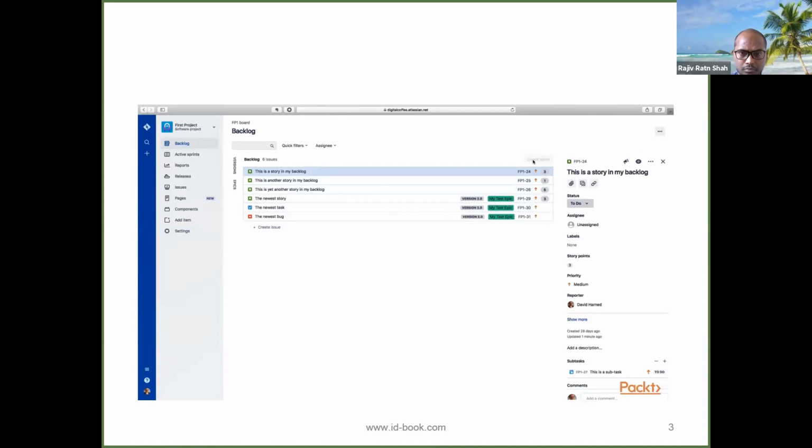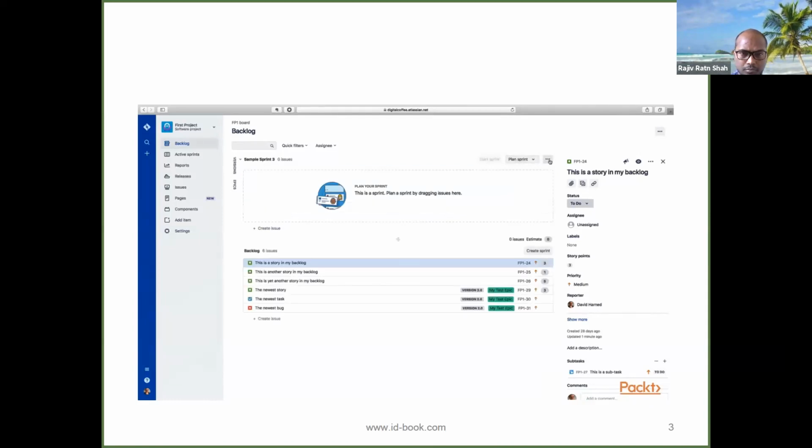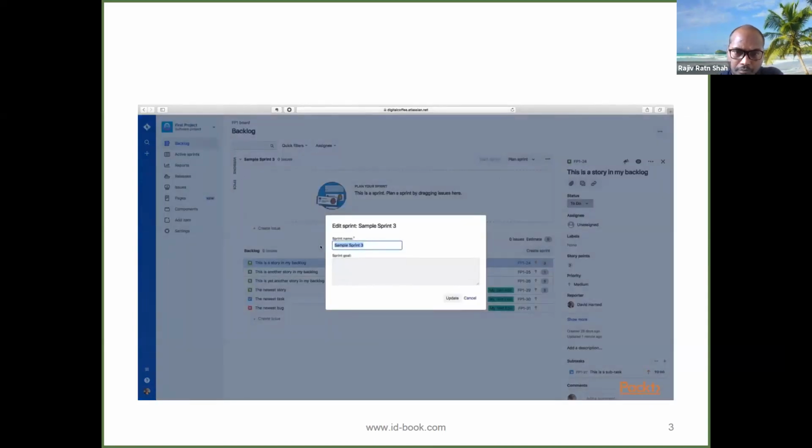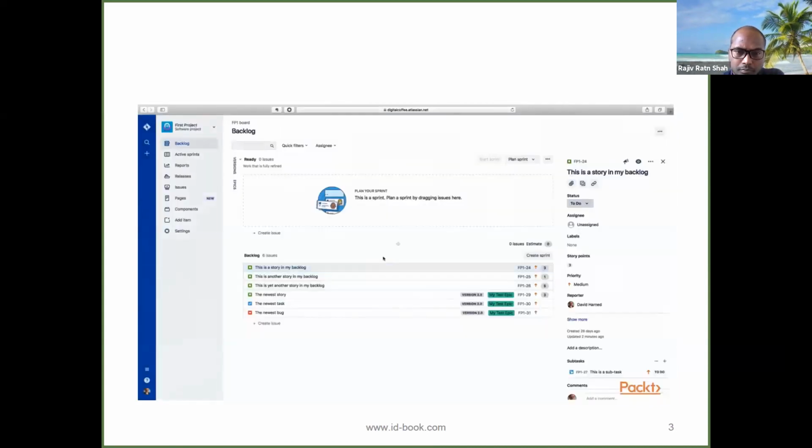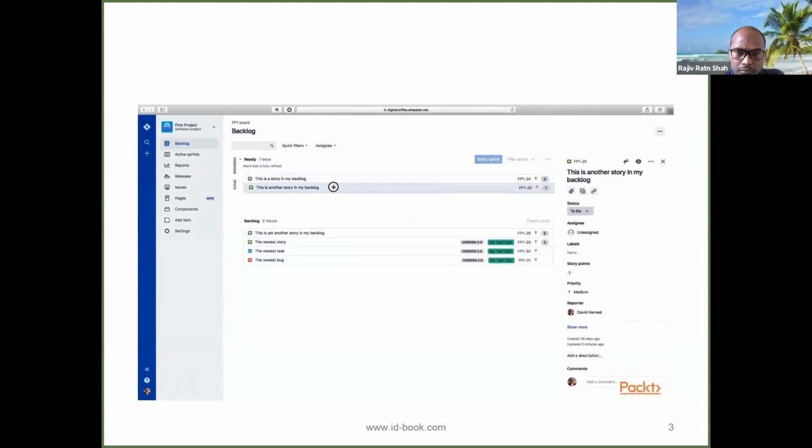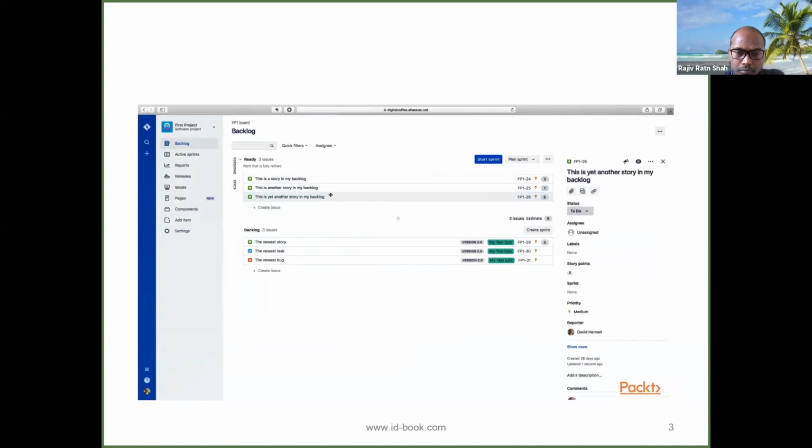So we'll create a sprint here. We're going to call this sprint ready. All right. Now you can see under these ellipses here, we can edit this sprint, and we can call this ready. And this is, say, work that is fully refined. All right. So we'll update that, and now we have this ready sprint. And you can see these first 3 stories here in our backlog, they look like they're ready to go. All right. So let's drag them up into our ready sprint, and you can see it's actually just as easy as dragging them up here.